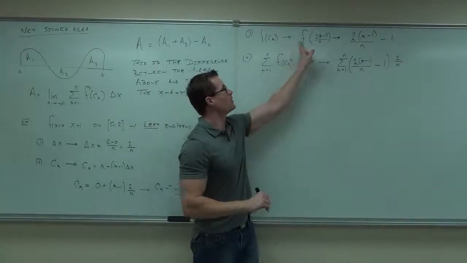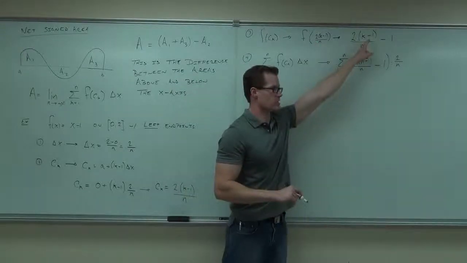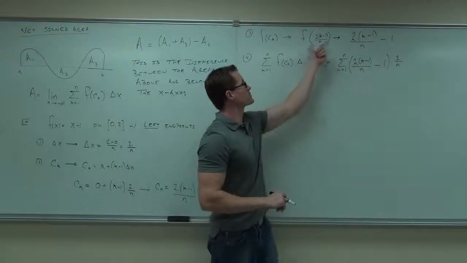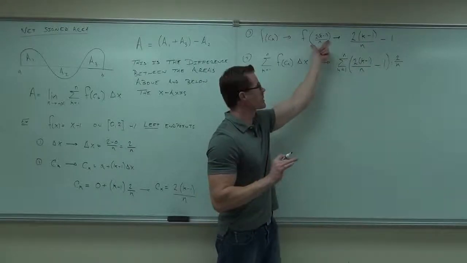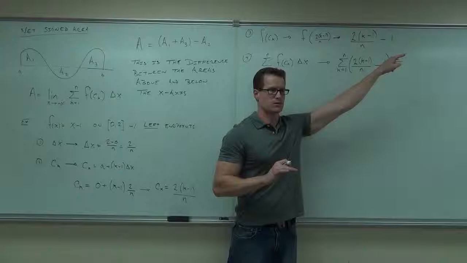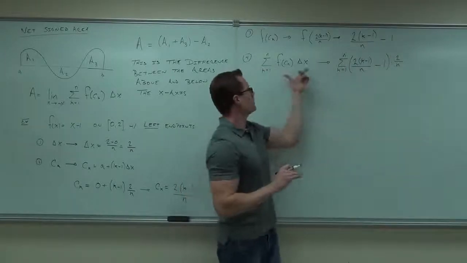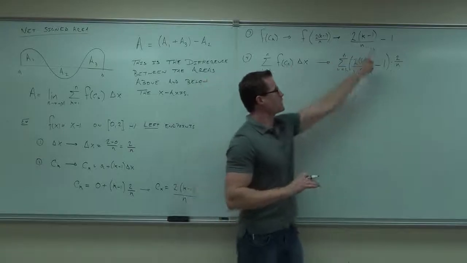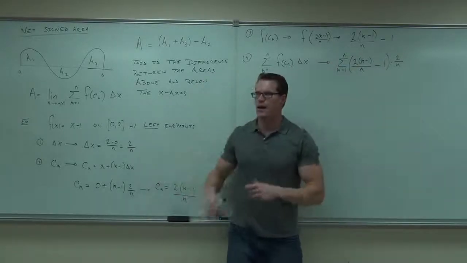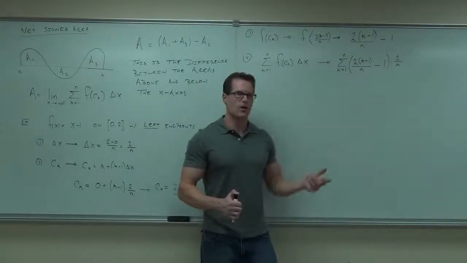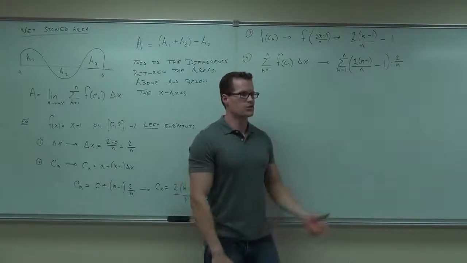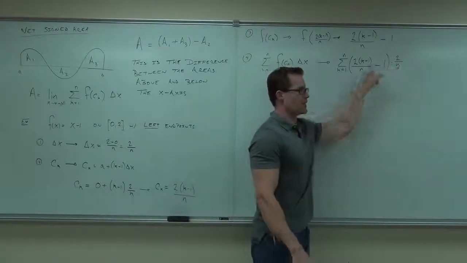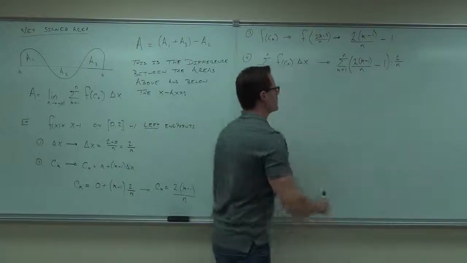That's why we have that right there. That's where the minus 1 is coming from. It's not magic. It's because I have x, that's treated as my x, minus 1. Got it? Then we plug everything in. We got our function of c sub k, that's here, times our delta x. We got our delta x from right there, and now we're good to go. What now? Well, now you work with it. Now you do some algebra. Probably have to distribute that. You do have to distribute this one. So we're going to get